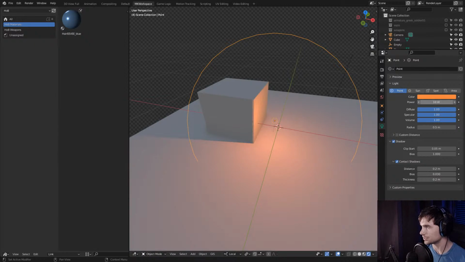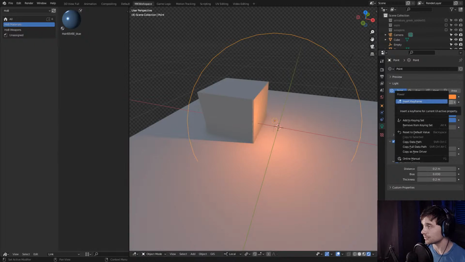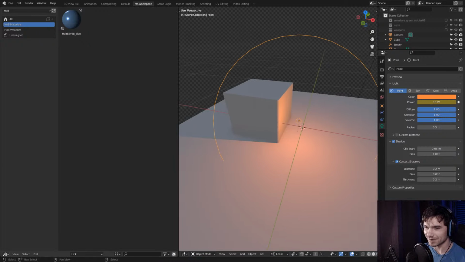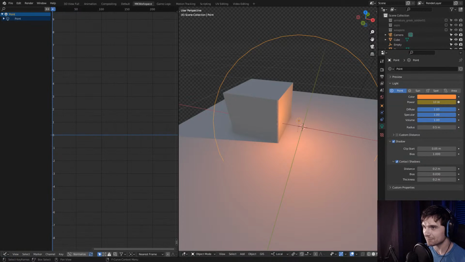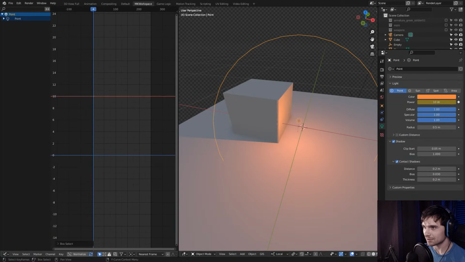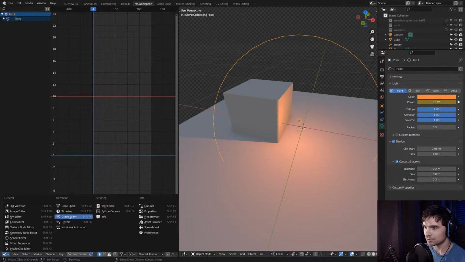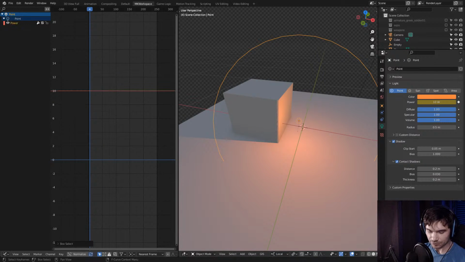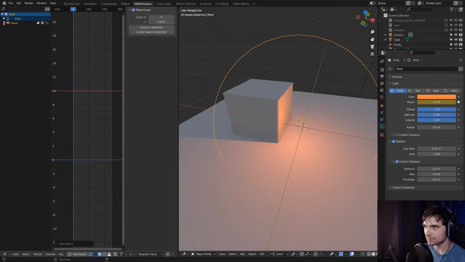So let's bring it to 10 and insert a keyframe here. And this, I will show you something that I didn't plan, but I will show you how to make a blinking firelight. What I did now is I went to the graph editor, and here you can see I have the point light that I have created and the power option that I have keyframed. There is one keyframe at the start of the timeline, and